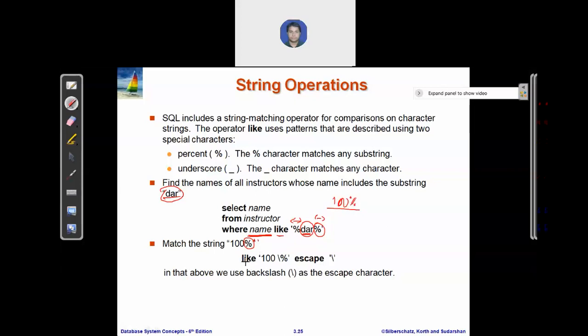You write like '100 escape percent', writing the escape symbol after this. In this way we can retrieve a substring which includes a percent symbol.